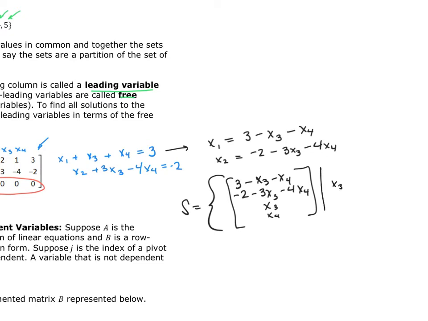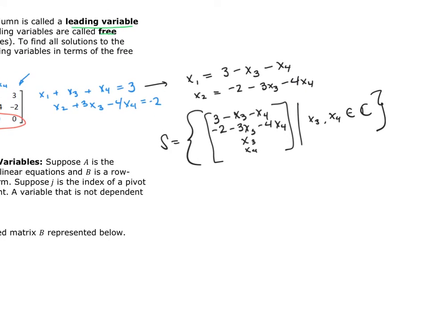My x sub 3 and my x sub 4 comes from the complex numbers. And remember, we talked about that. Stop panicking. For this class it's mostly going to be in integers, definitely going to be most of the time in reals. Now, the other way that this could have been represented is it could have been represented in terms